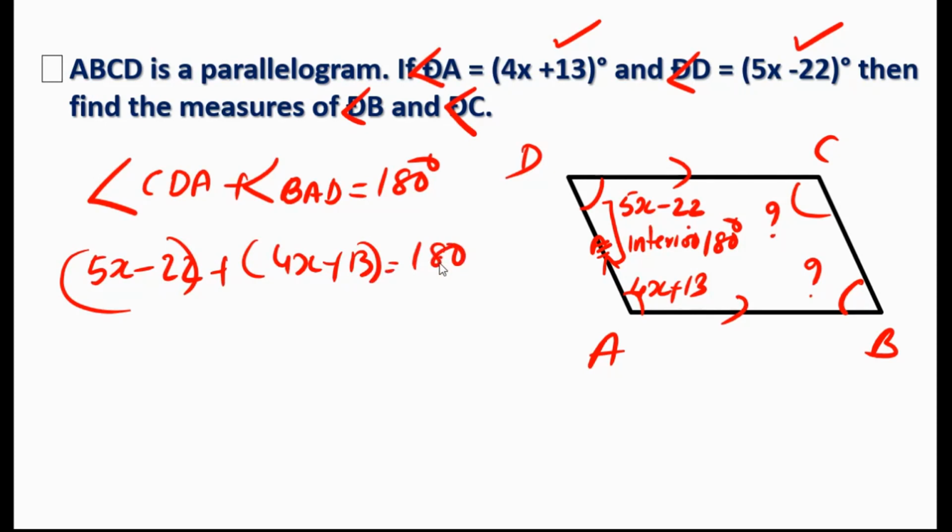Understood? I leave the remaining to you because it is only a matter of adding 5x, 4x and all these, subtracting the negative ones, and you will get x, and x you will substitute and you will get the answer. I don't want to treat you like a small child who is learning addition and subtraction now. Okay, you will find out x and you will substitute x in one of these and you will get the angle. If you got this angle, the same measure is here. If you got this angle, same measure here. Okay, let me go ahead.